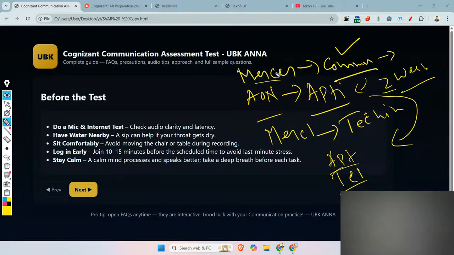Like for Mercer Mettl, if you are preparing for the communication assessment, prepare the communication questions from Mercer Mettl. If you are preparing for Cognizant aptitude, then prepare the previous year questions of AON. If you are preparing for the technical round, prepare the Mercer Mettl questions only. What I tell is that